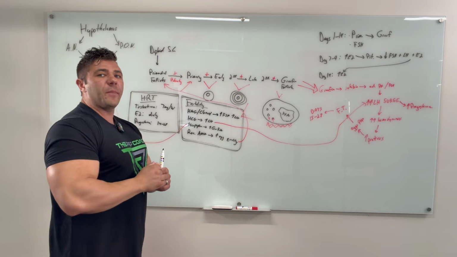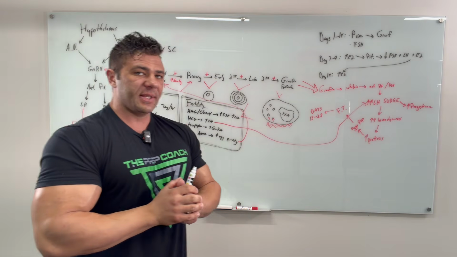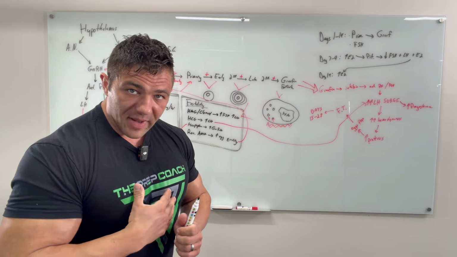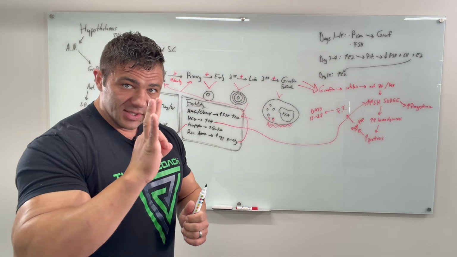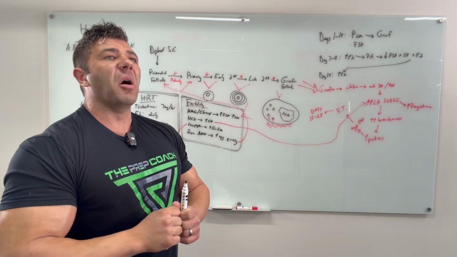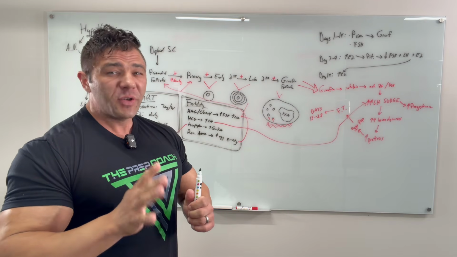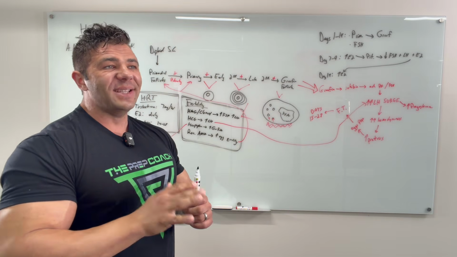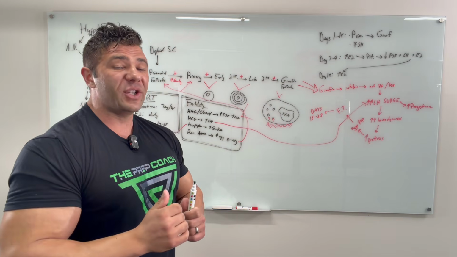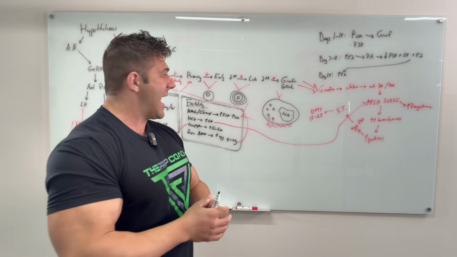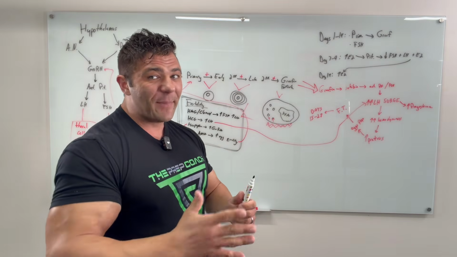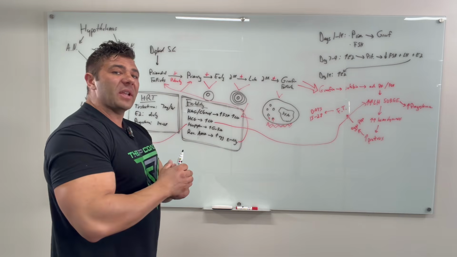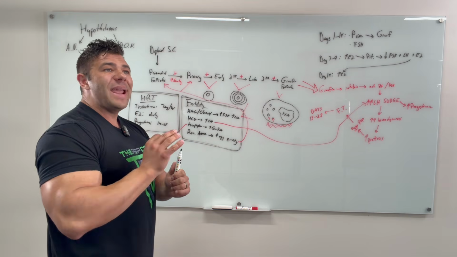Now, Clomid on paper says 25% chance to have twins. I have used Clomid with all 4 of my children to try and have twins. 0 twins. I have tried Clomid on not thousands, hundreds of couples at this point, 0 twins. So that part of the research is not something I would put any stock into. I wish it was, because we tried for it, didn't happen. And multiple other people tried for it, didn't happen. So heads up on that. But the ability to drive up FSH and LH from a Clomid and HMG scenario is a massive benefit.